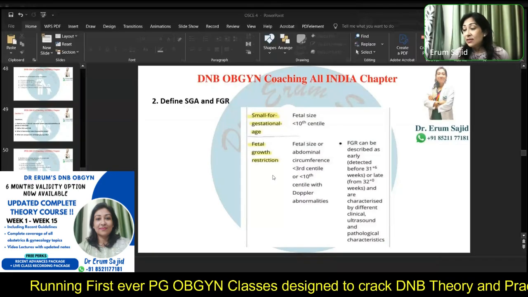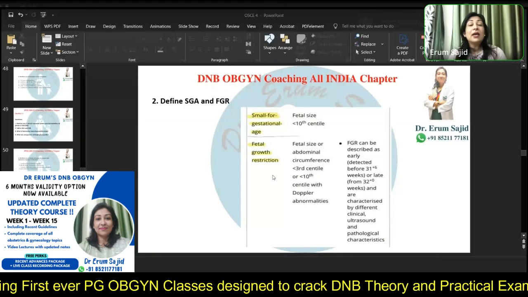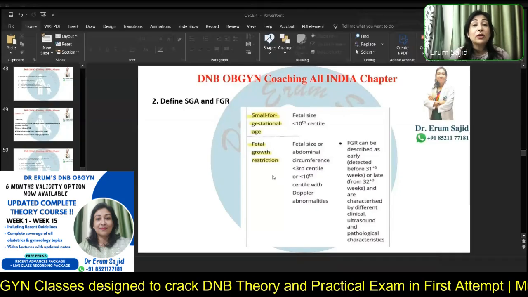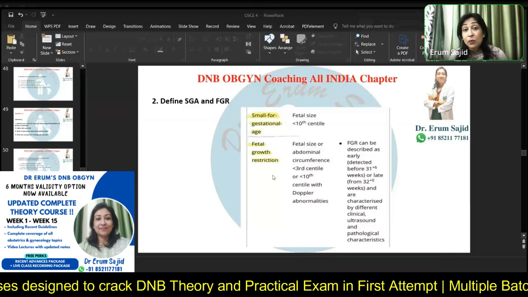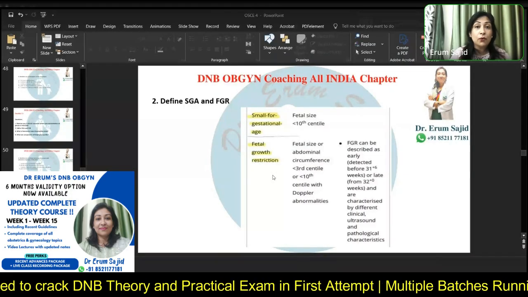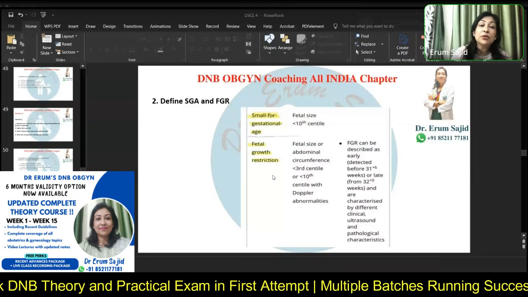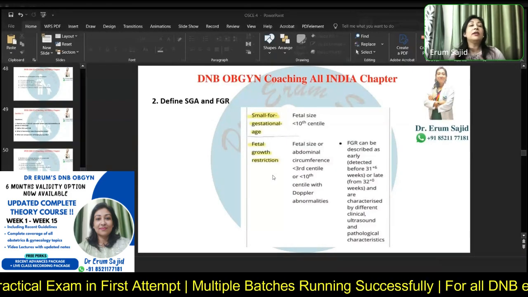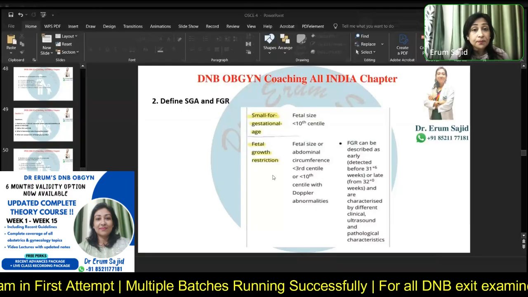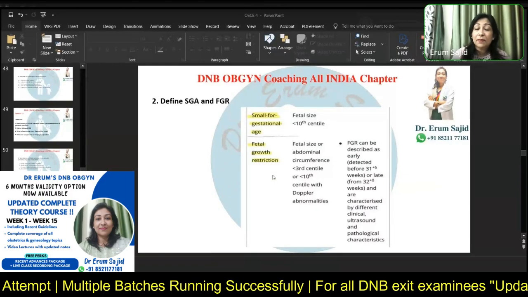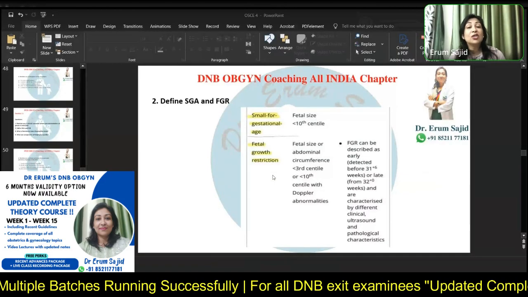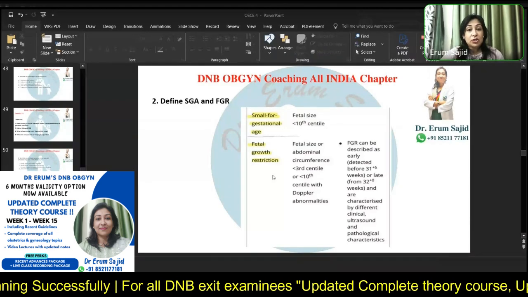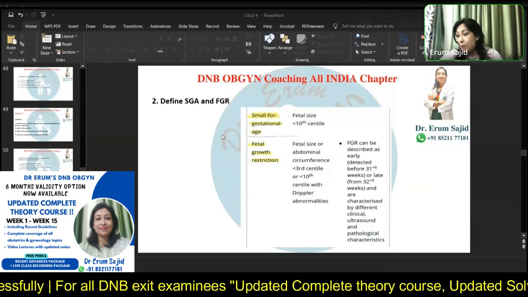Anyways, we did a case discussion on an SGA and FGR baby, and this particular definition is extremely important: SGA is any baby less than the 10th centile, but when it adds on with Doppler flow inadequacy, maybe earlier on with increased uterine artery pulsatility index, or later on umbilical artery reverse flows, absent flows, or just high pulsatility index, this is actually fetal growth restriction and no more SGA. So this is the definition, correct? That's what you have to write down.